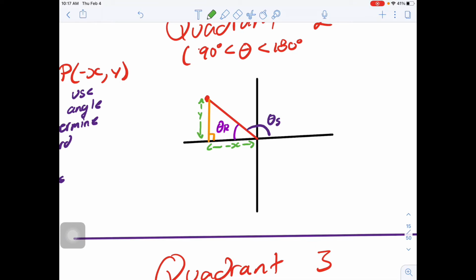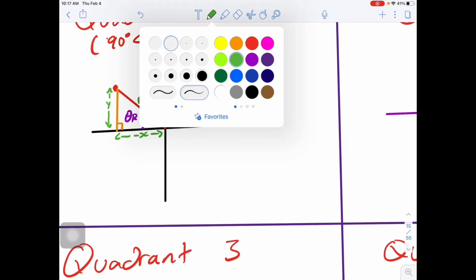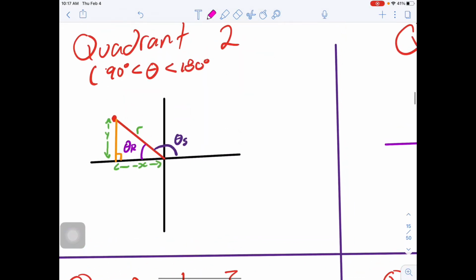And then remember, our terminal arm is always mentioned as r. So now if we start talking about our sine angle, so remember sine angle is opposite over hypotenuse, cos angle is adjacent over hypotenuse, and tan angle is